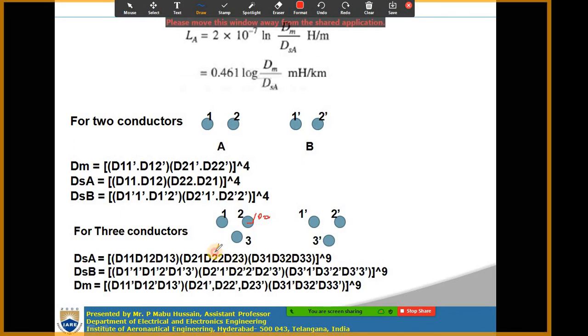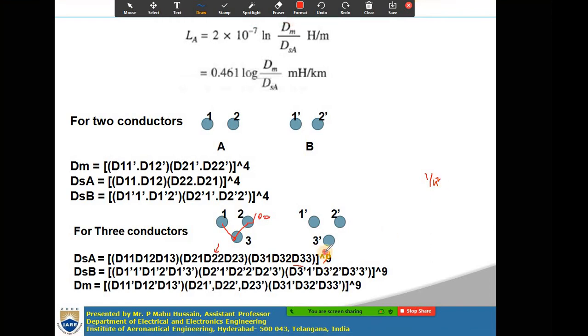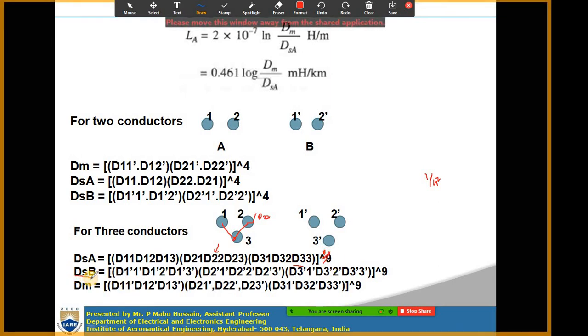So, D22 instead of writing first term, I am writing second term. When you consider the third one, all the distances D31, D32 and self distance also, which is D33. Self in the sense you have to consider that conductor's total number of strands, whole square, as there are 3, square, again it will be 9. So, this will be 1 by 9, not whole power 9, this is 1 by 9.